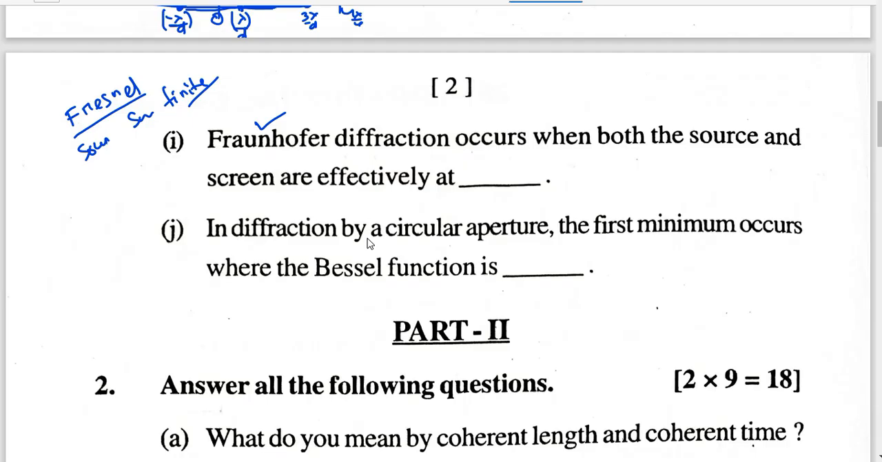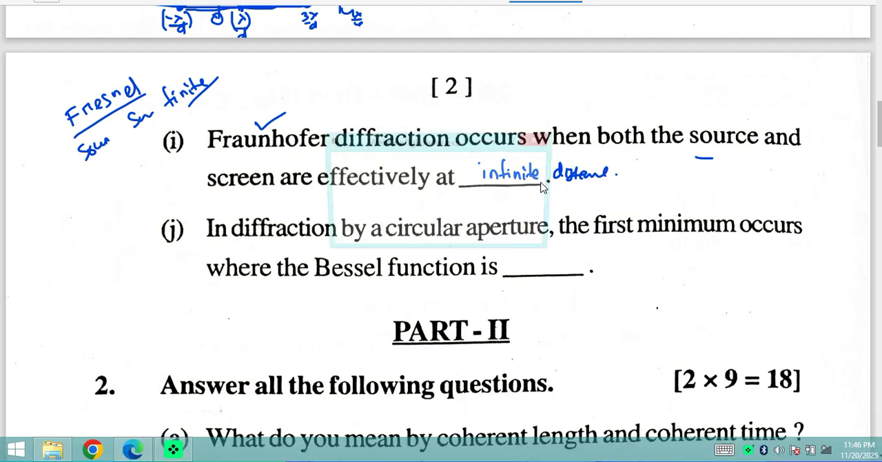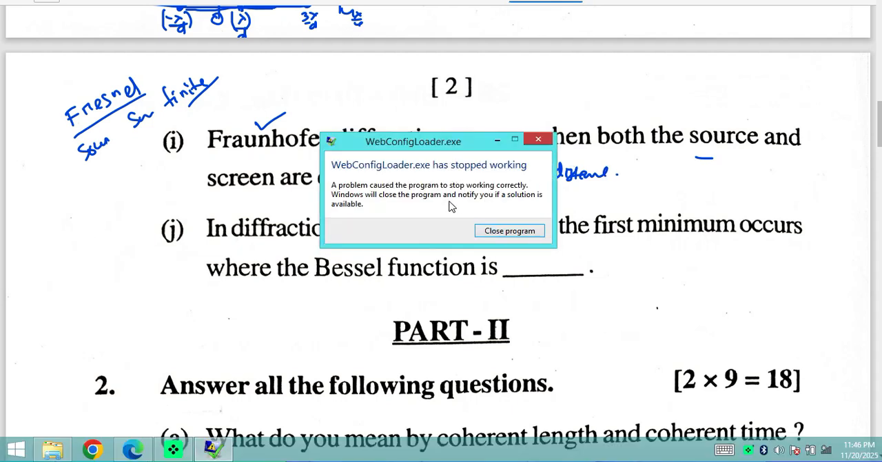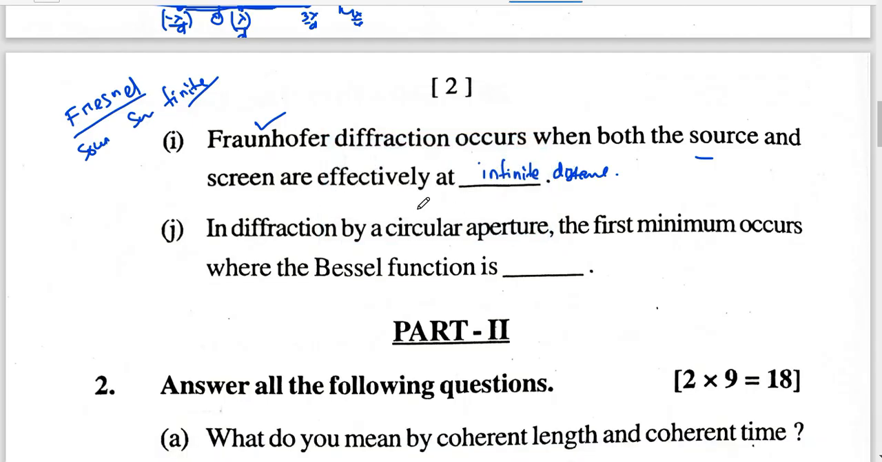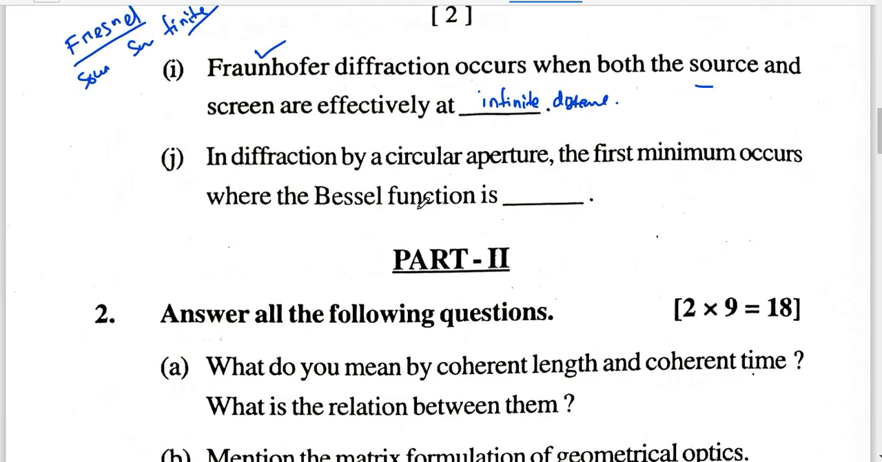So Fraunhofer diffraction occurs when both the source and screen are effectively at infinite distances. Okay. Next question. In diffraction by circular aperture, the first minimum occurs where the Bessel function is